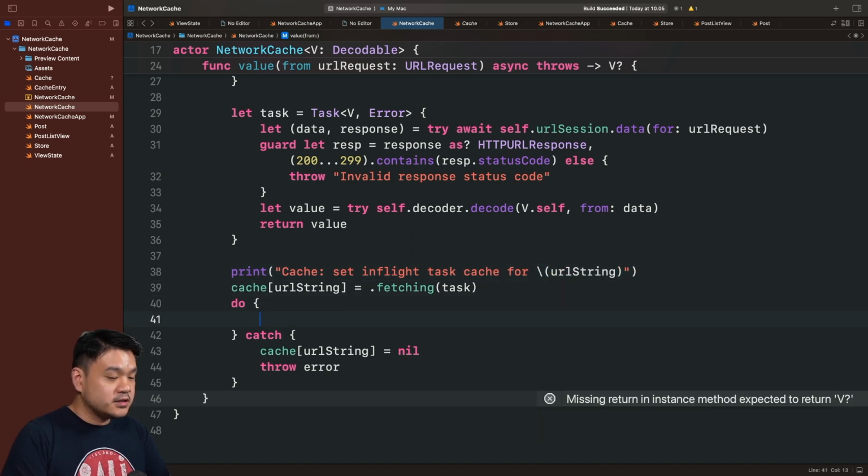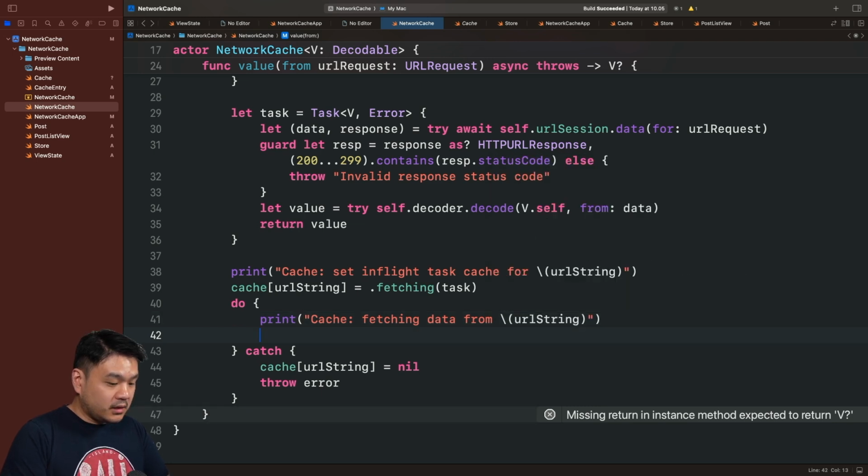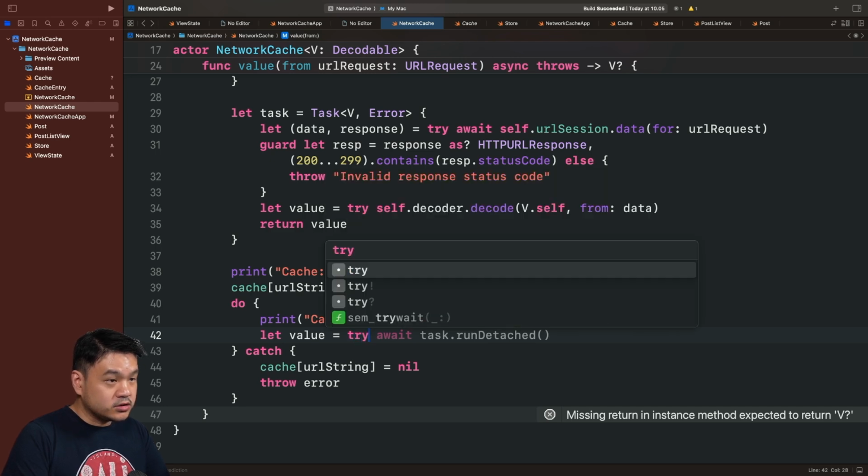Okay, this is just for helping us in debugging. Okay, next cache fetching data from URL string, and then let's declare the value. In here we need to use try await